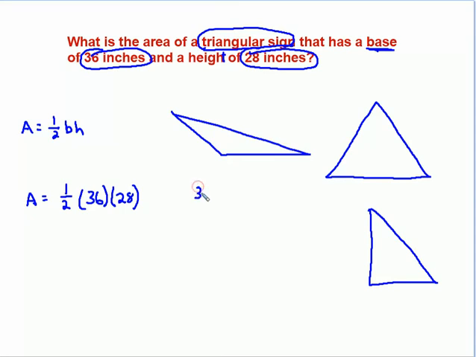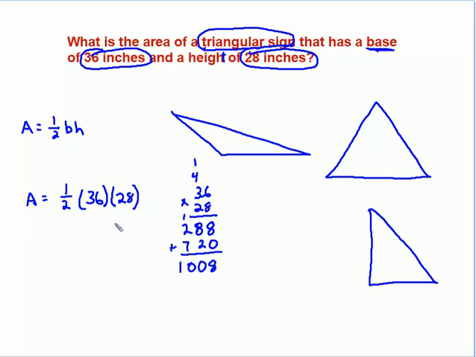And we can multiply that out off to the side here. 36 times 28. 8 times 6 is 48. Carry our 4. 8 times 3 is 24. Plus 4 is 28. And then we'll do the next line. Add our 0 here. 2 times 6 is 12. Carry the 1. 2 times 3 is 6. And that 1 gives us 7. Add these together, we get 8 plus 10. We got to carry the 1 up there. 7 plus 2 is 9 plus 10. We get